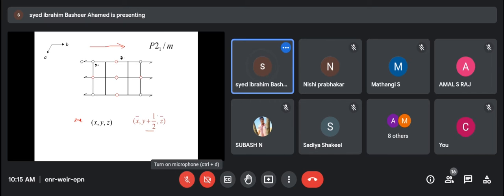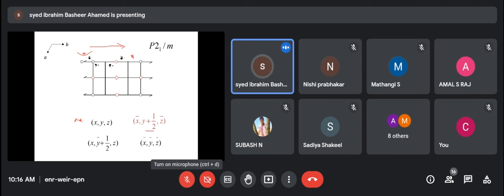So now you are applying the mirror plane. I will apply the mirror plane for this. So what will happen? I will get this molecule here and I will get another molecule here, which I can put this way, because this position and this position are equivalent positions. So for this, I will have x, y bar plus half, and z. And for this, you have x bar, y bar, z bar.